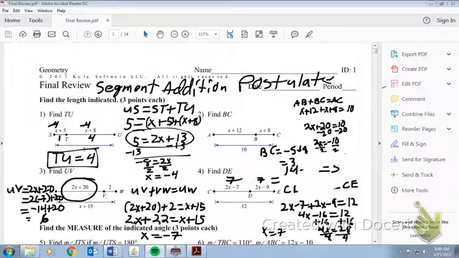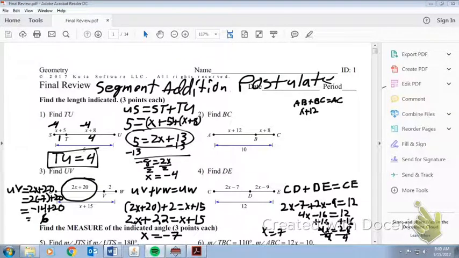Right here. That's where, oh, that was not what I wanted to do. 14 minus 9 is 5. Apparently, I'll get back to that, so give me a second. But apparently, on this one, I did AB plus BC equals AC. That gives me x plus 12 plus x plus 8 equals 10, or 2x plus 20 equals 10. We're going to subtract 20 from both sides, get 2x equals negative 10, divide by 2, and we get